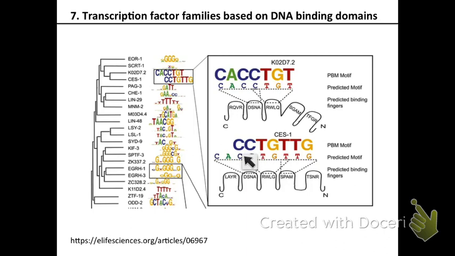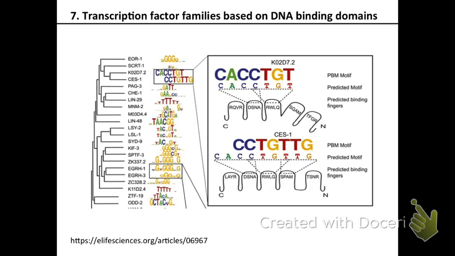One of the things that you can do is crystallize the DNA binding domain with a piece of DNA fragment containing the sequences that it binds to, and then see which of the amino acids are making these interactions, right? And then use that information to look at a related transcription factor and try to guess which amino acids will be important for the recognition of which DNA sequences, and then you can experimentally test your hypothesis